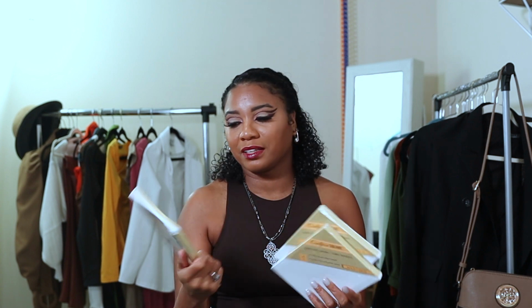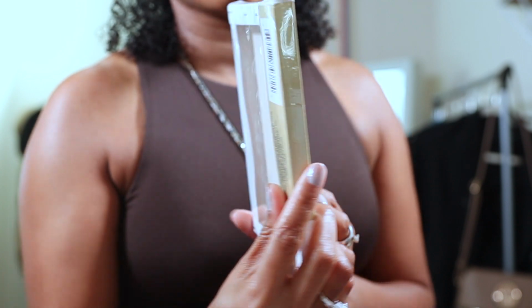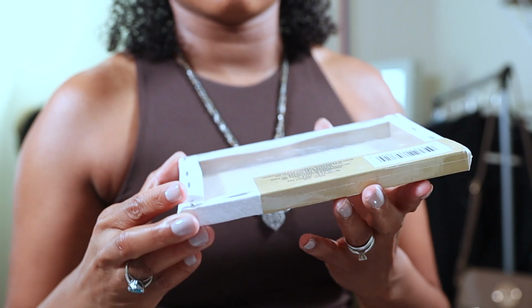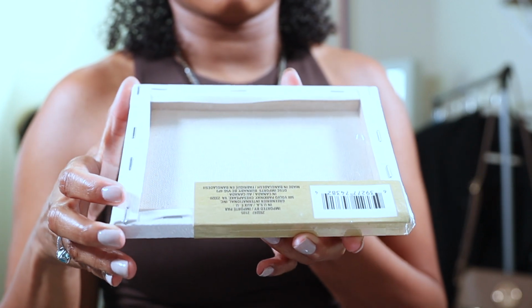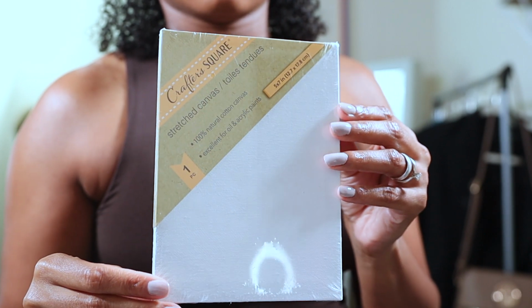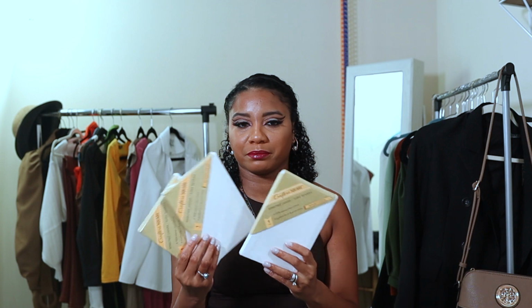I was able to find these canvases. So they are 5x7s, so this would fit into a picture frame if you wanted it to. But this is actually on wood under here, so this is hangable as it is. Like you can just hang it on there. I got 3 separate ones. I'm going to make something with this with you guys. This is a future DIY. I probably will paint on, actually I will paint on them because I want to show you something else that